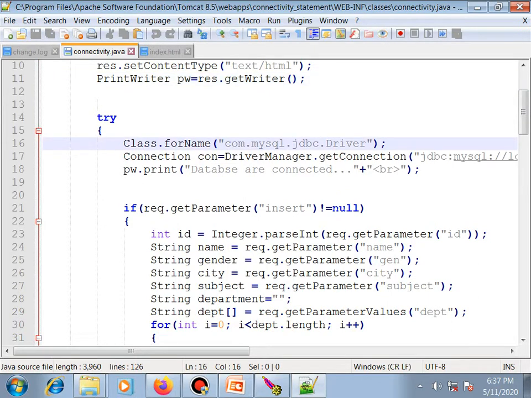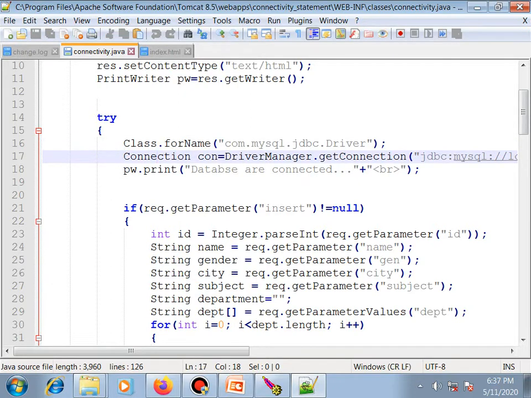Here is how we can use the database. First we have to define the name of our driver. At that time we can use Class.forName("com.mysql.jdbc.Driver"). You must write this statement before you get the connection.